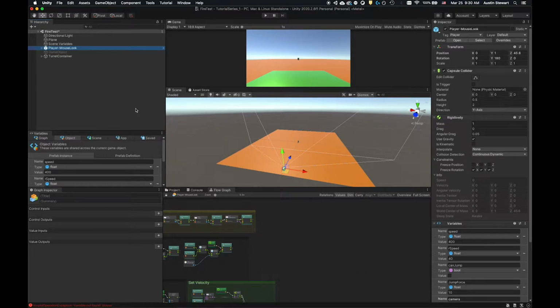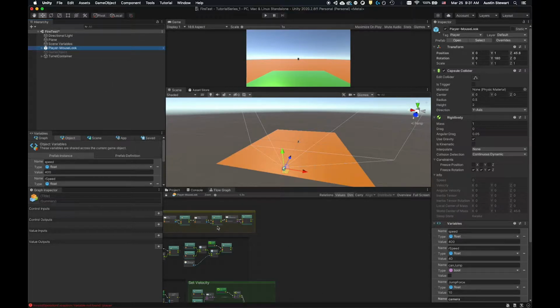Welcome. In this tutorial, we are going to start from the player mouse look tutorial. You need to at least have a character with mouse look scripting on in order to make this functional. You can go back and do that tutorial in mine. If you've done it somewhere else, I'm sure it's going to be similar enough that there shouldn't be any issues,